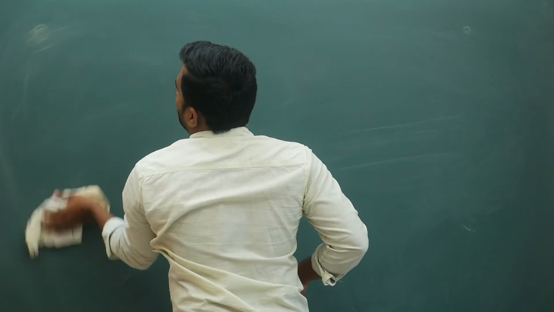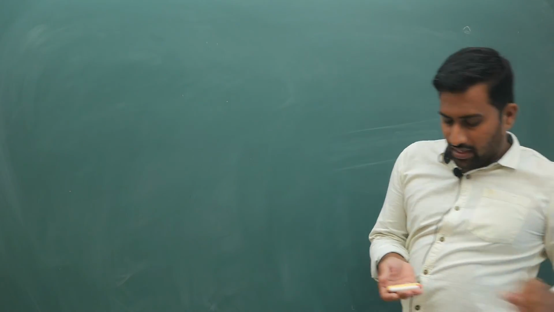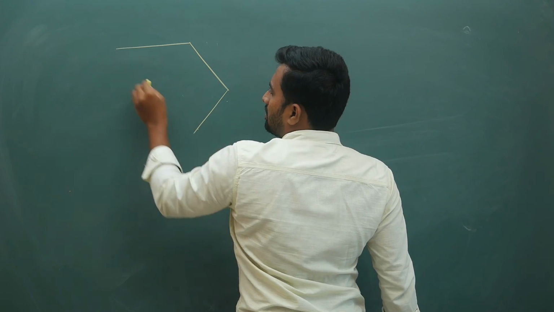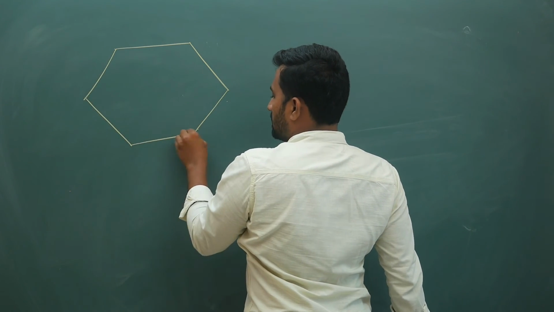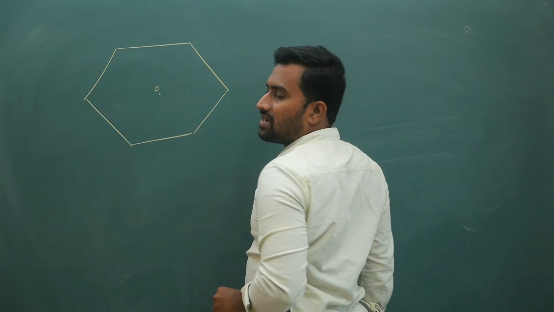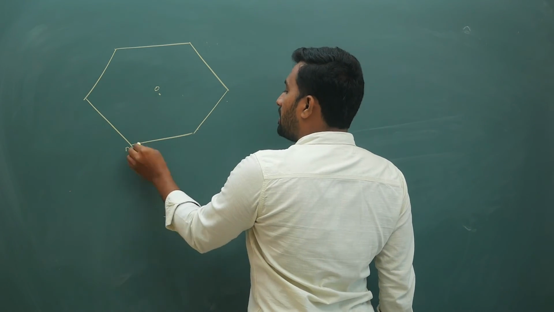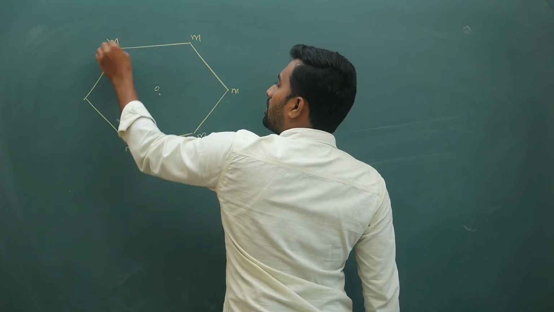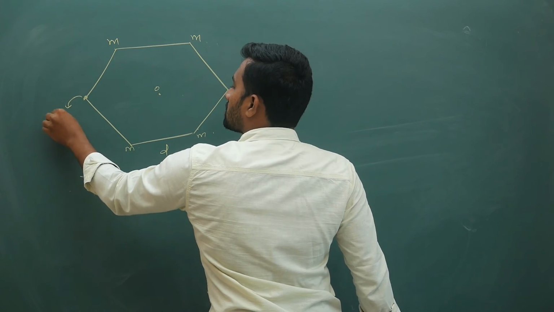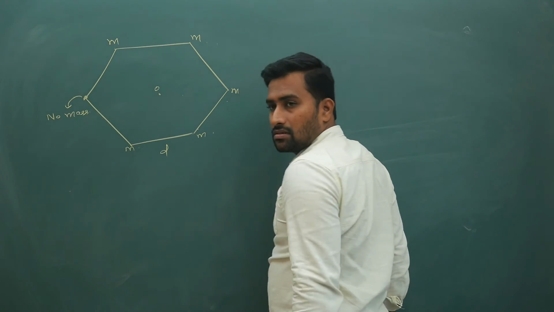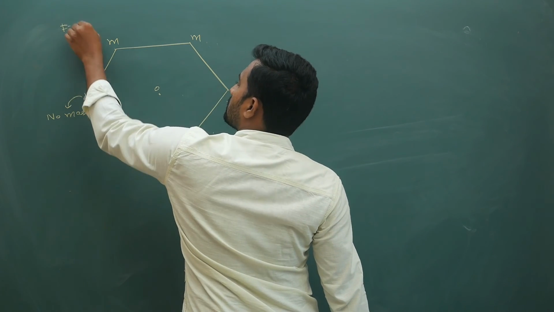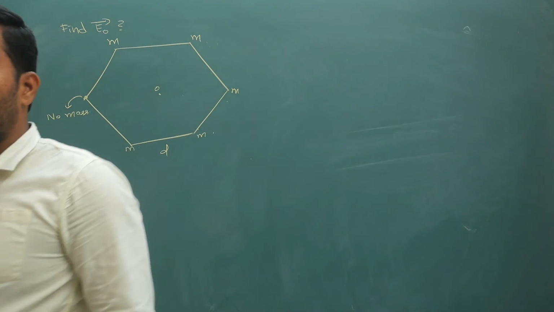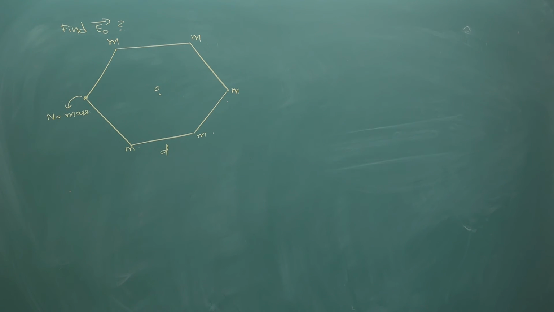So for example, in this scenario itself, let us say you are given a hexagon. So you have point masses placed along the vertices of a regular hexagon like this, and you are being asked the field at O. So only five equal masses are kept. This distance is D. Only 5 are kept. Okay, here no mass. The question is, find the field at O. So that is your question and you are supposed to give the answer to this question.